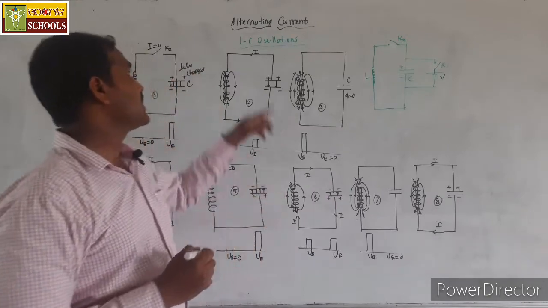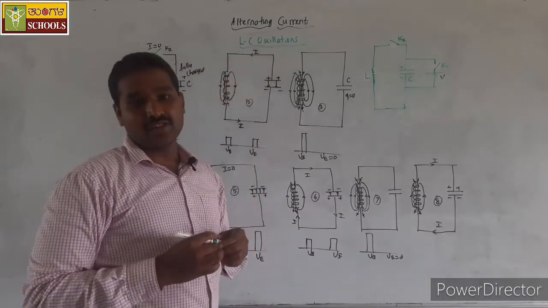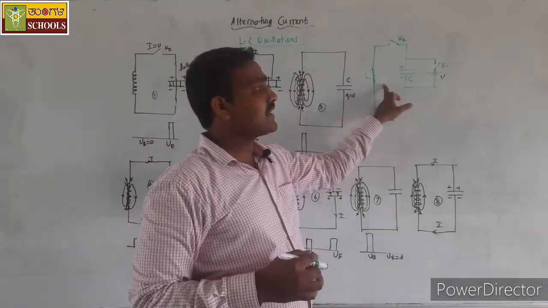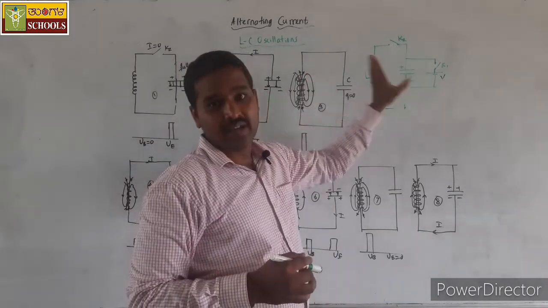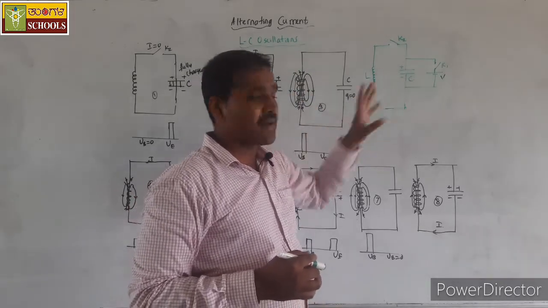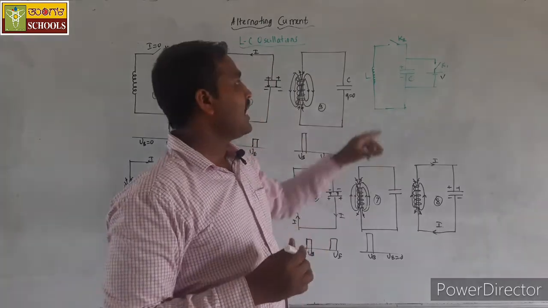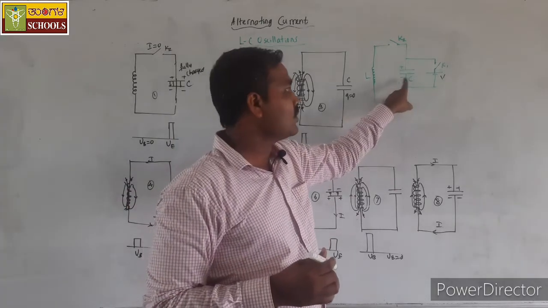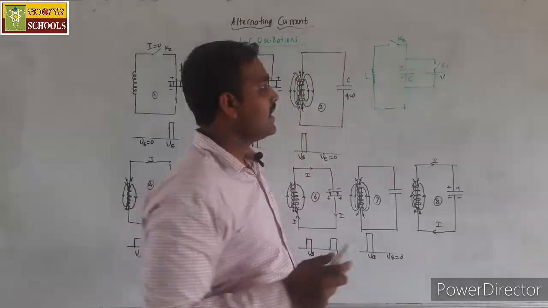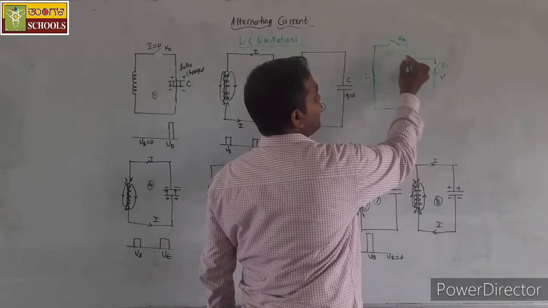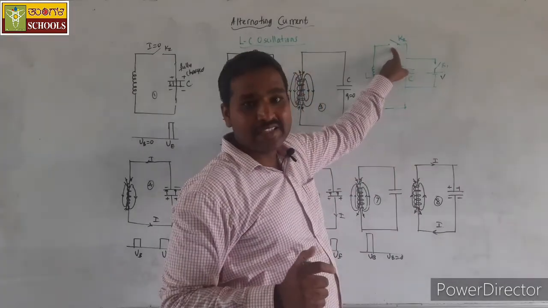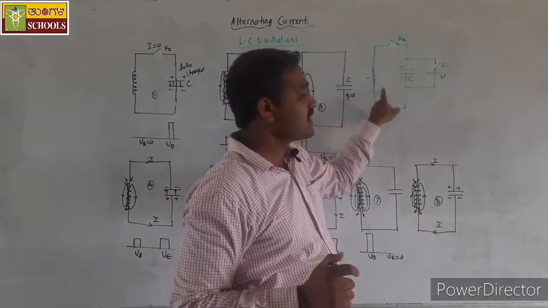Next we shall understand the important concept of LC oscillations. For that we shall consider a circuit which contains an inductor and a capacitor. Let L be the inductance of the inductor and C the capacitance of the capacitor. Let this capacitor be connected to a DC battery which is used to charge the capacitor. Here we have two keys, key K1 and key K2. To charge this capacitor, first we shall open key K2 so that this circuit is open.